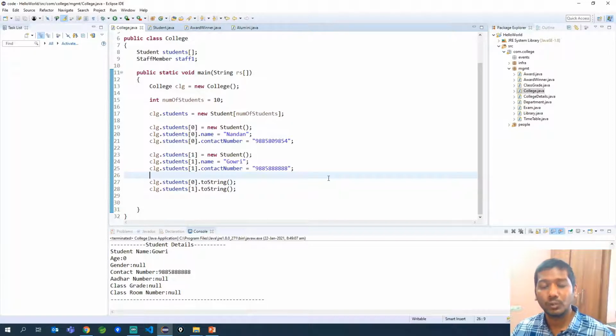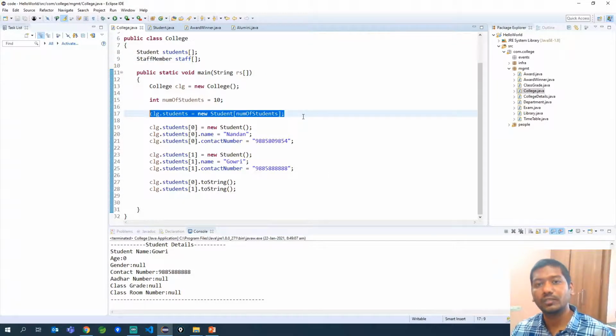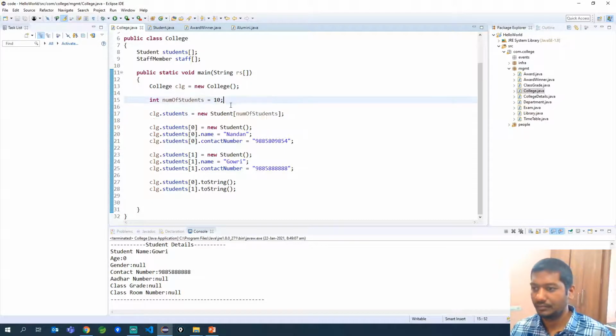Now we can also do the same for staff. Now I converted the staff to an array of staff members. So similar to how we did for students, you need to first create the number of staff members that you want to manage.